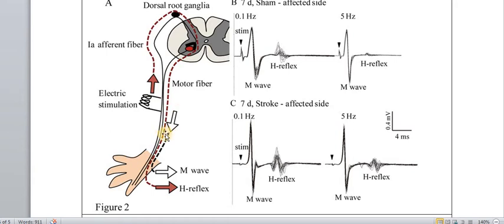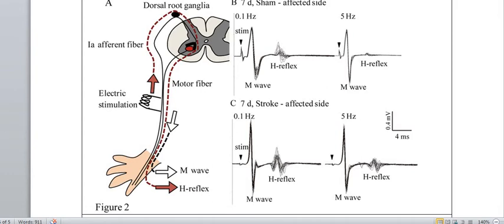अगर यहाँ कोई gap होगा तो M wave की NCV कम हो जाएगी. अगर यहां से यहां तक कोई गैप होगा तो M wave की NCV कम नहीं होगी, लेकिन H wave की NCV कम हो जाएगी. If I take this route, I have normal velocity. If I take this route, I have poor velocity. So automatically I can say that there is some problem in this route. So this is your H wave testing.